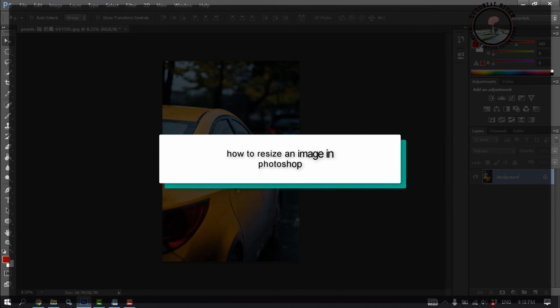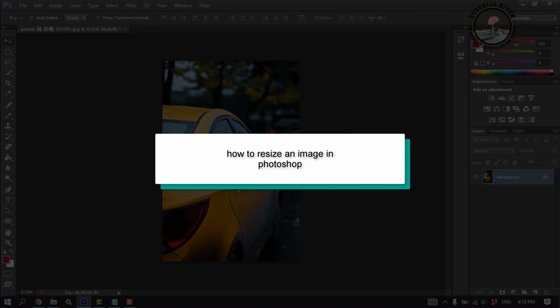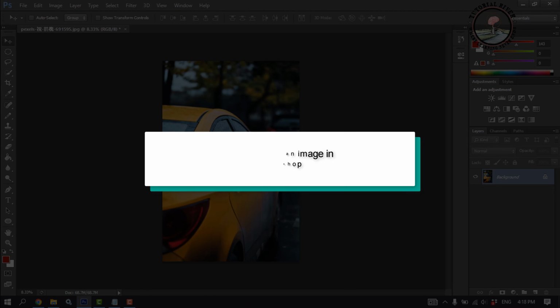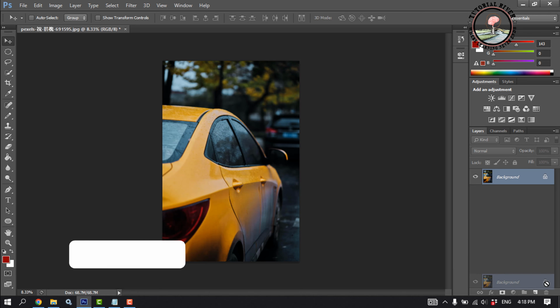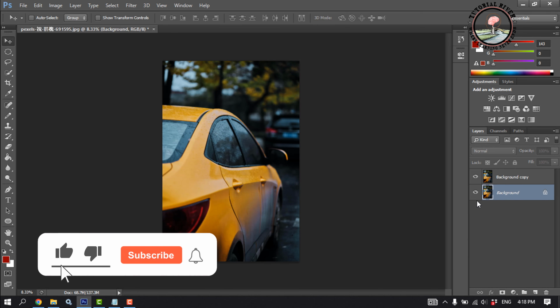This tutorial will show you how to resize an image in Photoshop. First of all, import the photo and make a copy of the layer. I'm going to hide this layer and select the upper layer